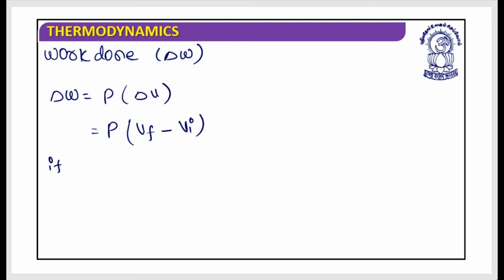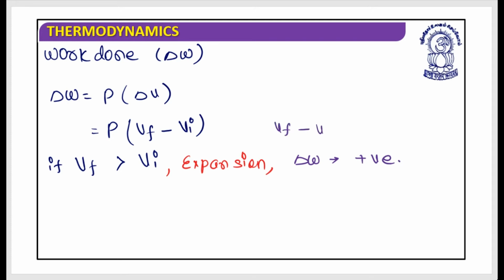If the final volume is greater than the initial volume, this process is what we call an expansion process, then delta W is positive